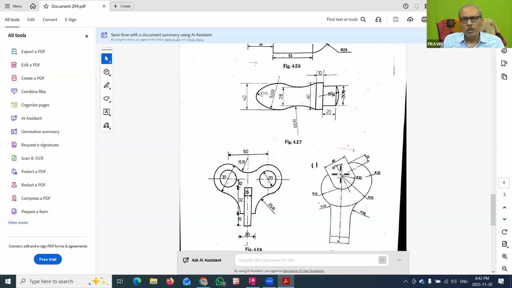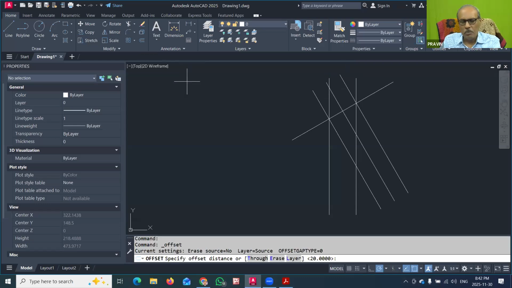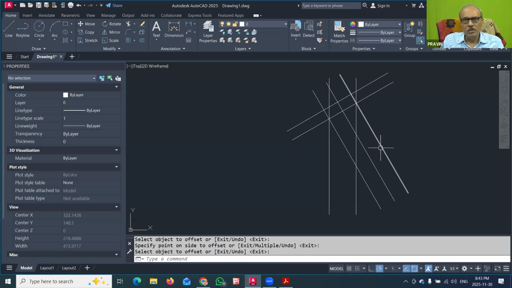Now after all this, from the center, the edge of this spanner where this circular end starts is given as 13 millimeter. So I have to use this line at 13 millimeter. This is the end of the spanner. So I will go to the AutoCAD drawing, use the offset command, give the offset distance as 13, and offset this line to the outward end. Now this is the point where you can just see. In this way, these are the basic structure construction lines that we have now created. With this, we will then proceed with our drawing.